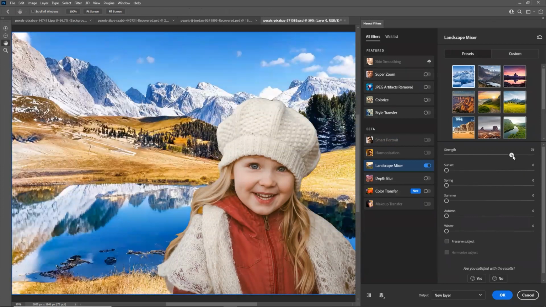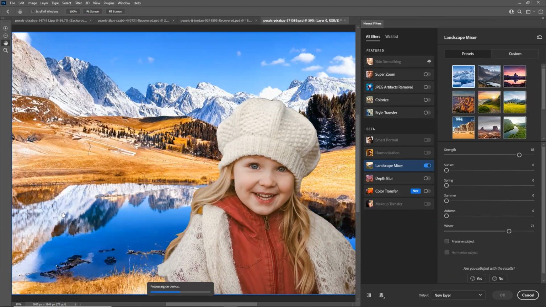Lovely. You can make it a little bit more wintry. See, the reflection of the water also is perfectly done. It doesn't look like you are manipulating this thing in that way.